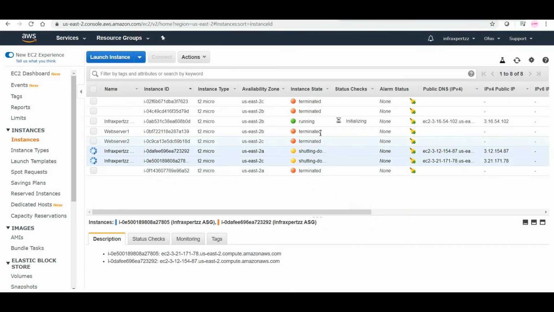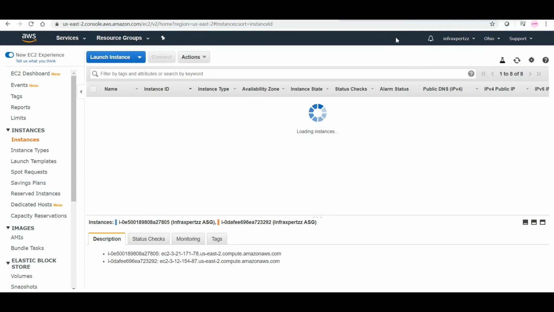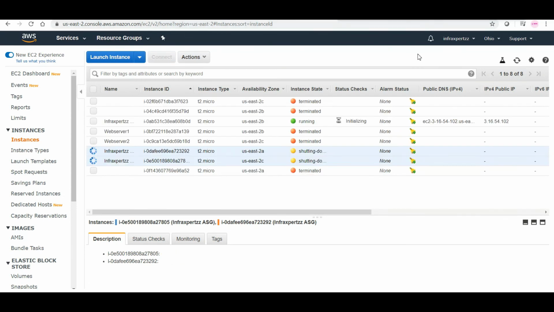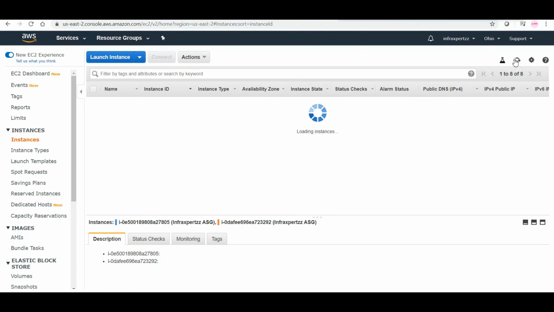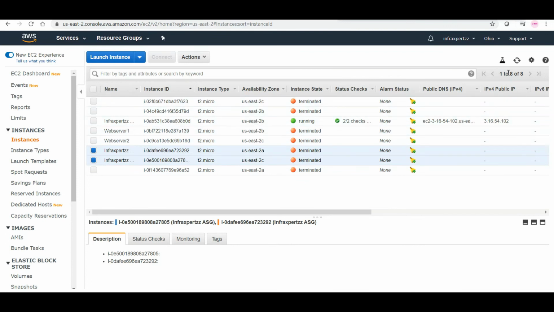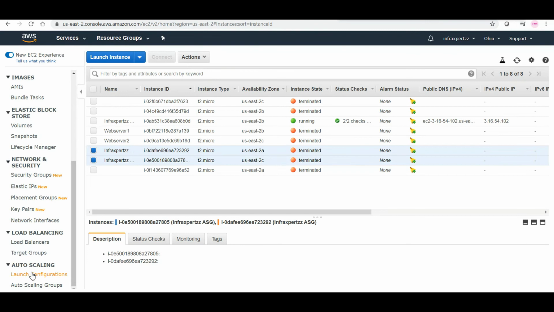So currently this is shutting down, and once these instances are terminated, other instances should be coming up. So let us see whether this happens or not. I'll pause the video until this is terminated. So currently this is terminated, and let's see whether we are getting other instances or not.